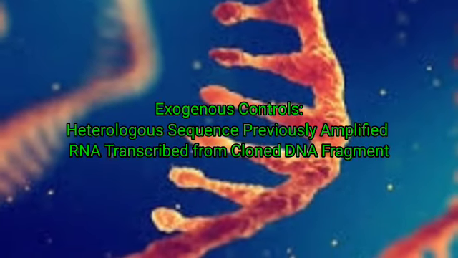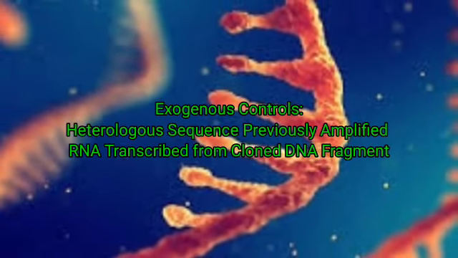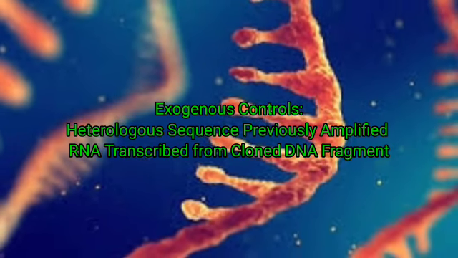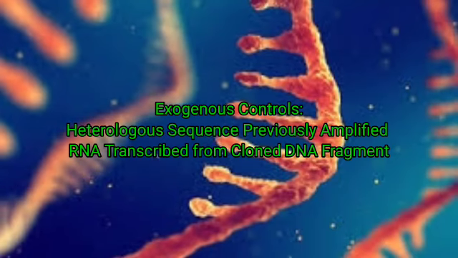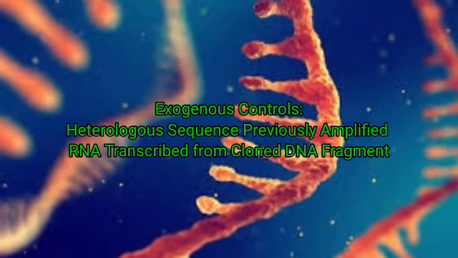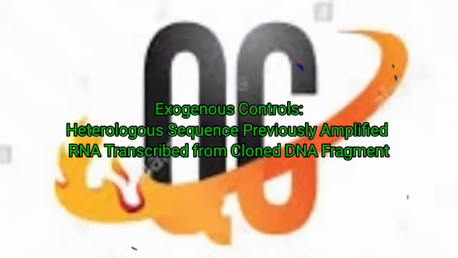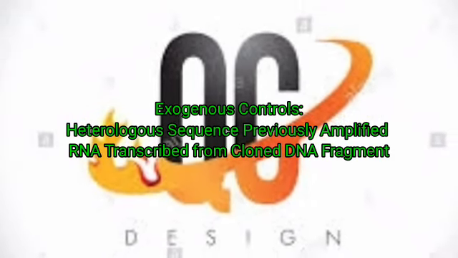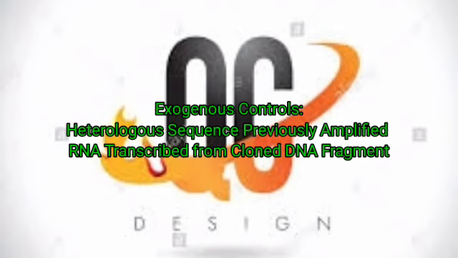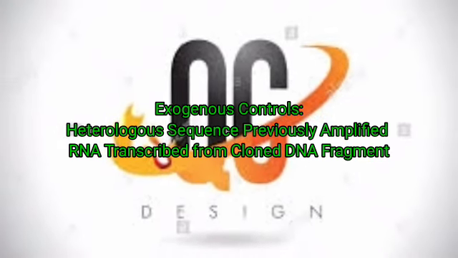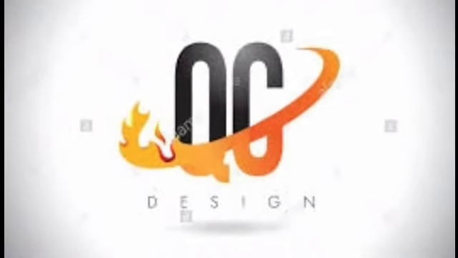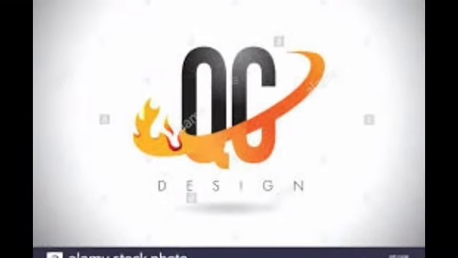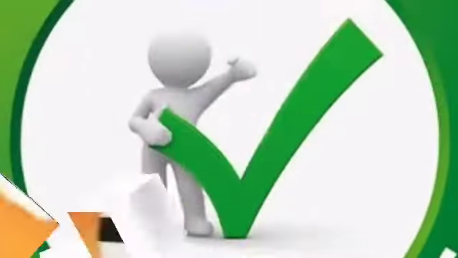A heterogeneous sequence that has been previously shown to be amplified with an efficiency that is comparable to the target sequence, or an RNA transcript form, a cloned DNA fragment containing the target sequence or a modified target sequence for use in RT-PCR